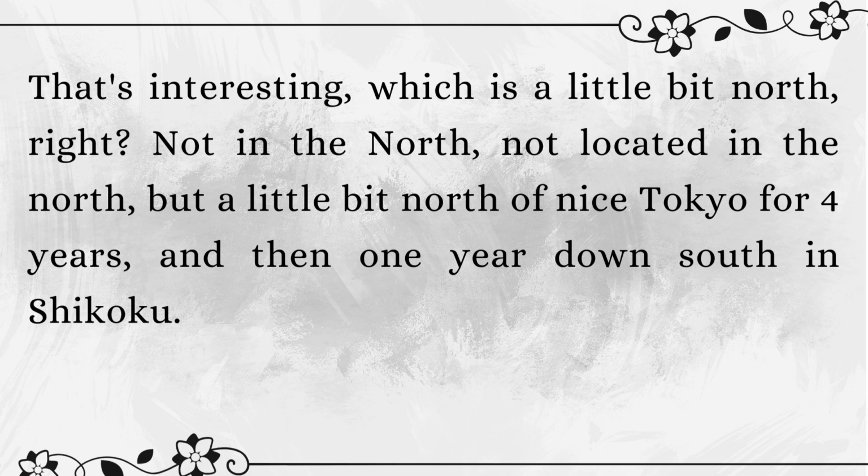That's interesting, which is a little bit north, right? Not in the north, not located in the north, but a little bit north of nice Tokyo for 4 years,